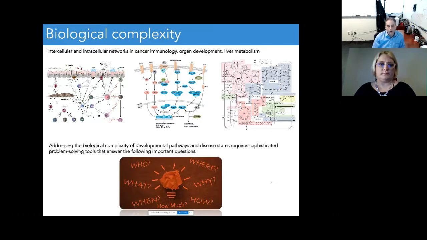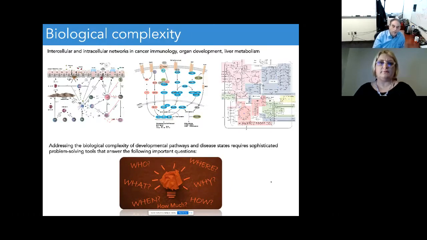And so the point is that when we can begin to understand this complexity, and we don't have to have a full understanding, it's okay to have some partial understanding of what different factors do. That then allows us to begin to say, okay, we need tools that are up to the task.